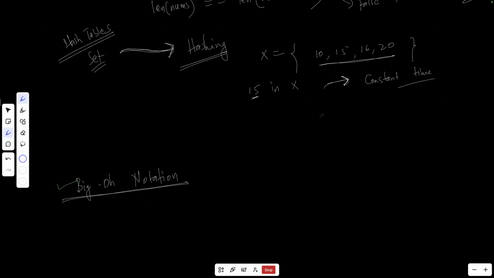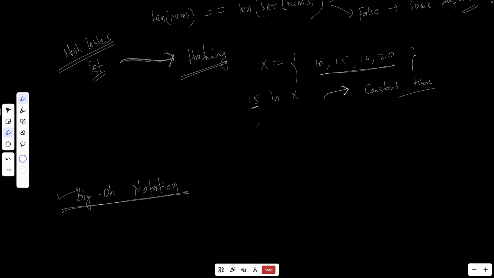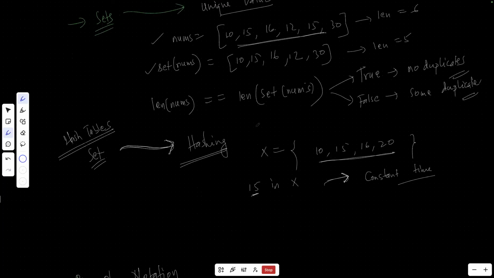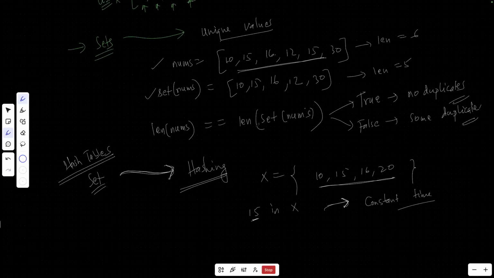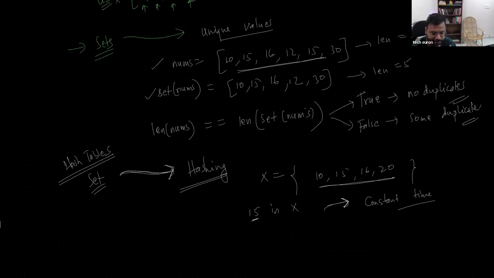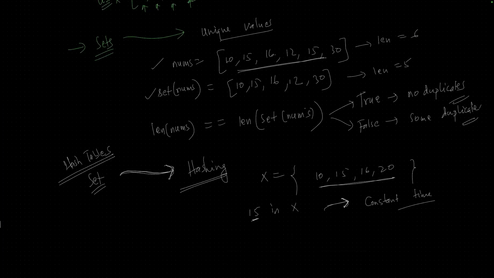Sorry, Ram, just for understanding, when we say length of list of n equal to length of set of n, then anyhow it has to perform all the operations for all the numbers in that particular case, at least once. We are taking the length of whatever is in the list, and when we convert it to a set, it needs to traverse at least all. For example, we have 10 numbers there and 2 duplicates, but again it has to go through all the 10. So doesn't it mean that it is basically O(n) with this particular logic?